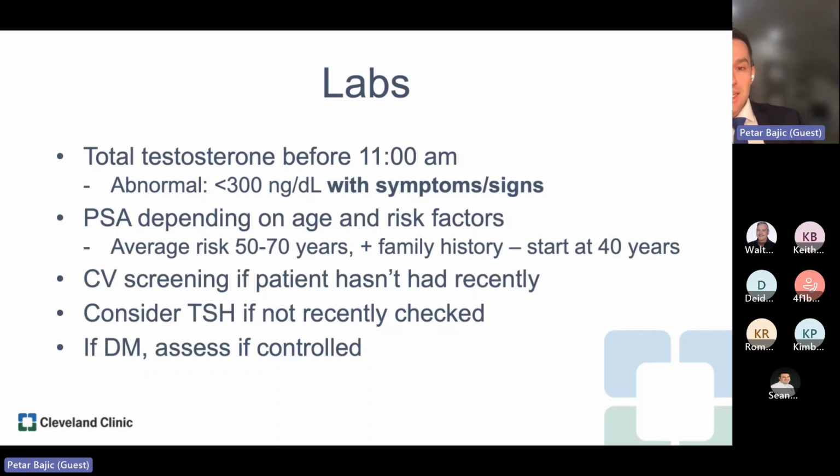Think about checking a TSH because sometimes thyroid issues can also contribute to ED. And then if they're diabetic, make sure they're well controlled, because poorly controlled diabetes is probably the worst thing for erections. I always tell my diabetic patients that with diabetes, no matter what you do, the erections are just going to get worse. But the speed at which they decline is